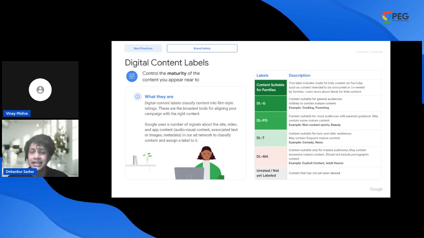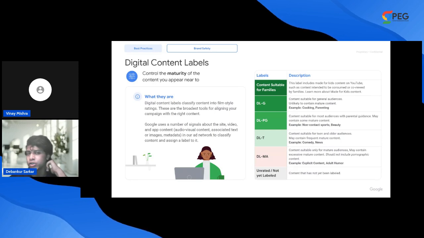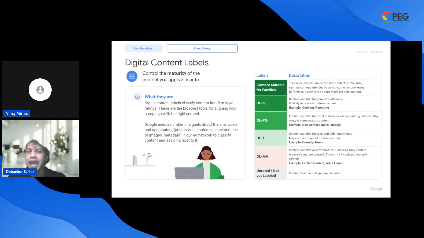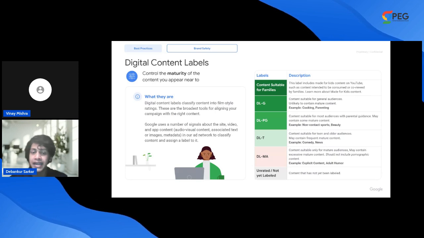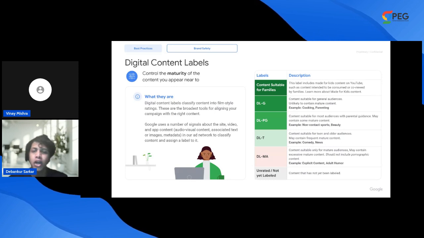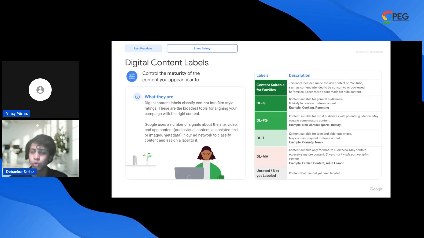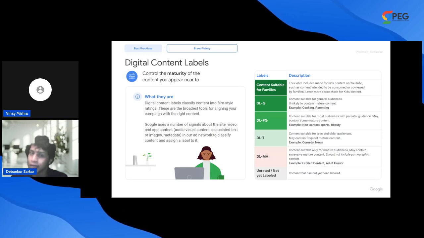Then there's DLT, which is basically content suitable for teens and older audiences, which may contain frequent mature content such as comedy or news as well. And the most mature label is basically DLMA, indicating content suitable for mature audiences. Now, this may contain excessive mature content, but should not really include pornographic content or any mature content that is not really suitable for a brand, with examples like explicit content or adult humor that could be a part of